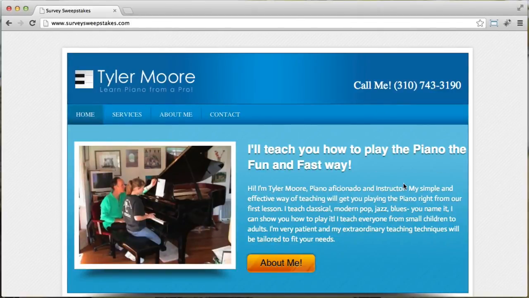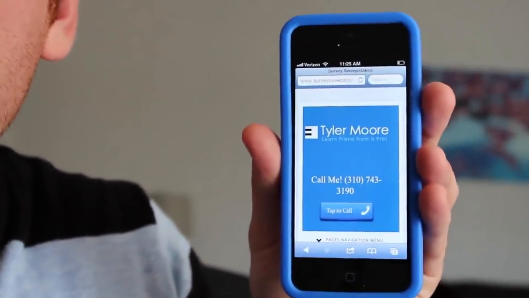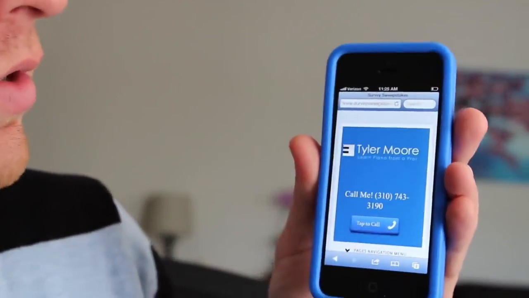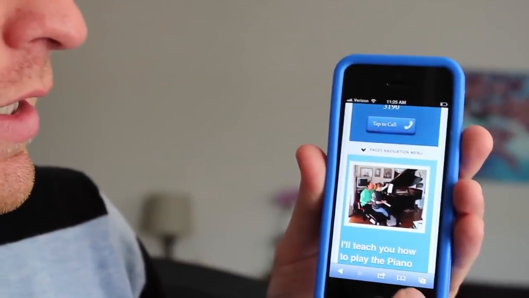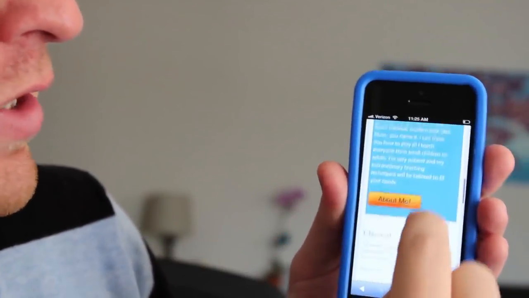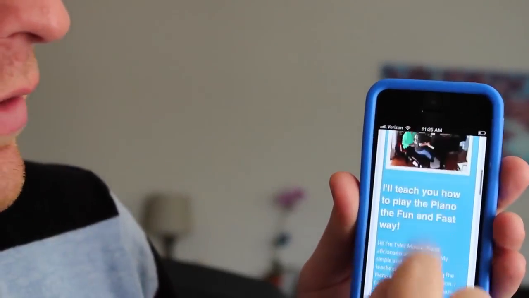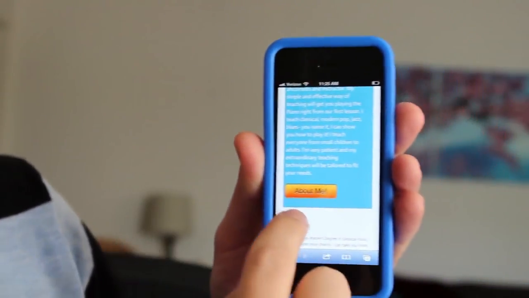So let me show you what that looks like on an actual phone. So here's the website on the phone. As you can see, it's reformatted, so it looks really good on your phone. It has the featured image still and has all the same content still. And we can check out the About Me page. If we click on the About Me right here,